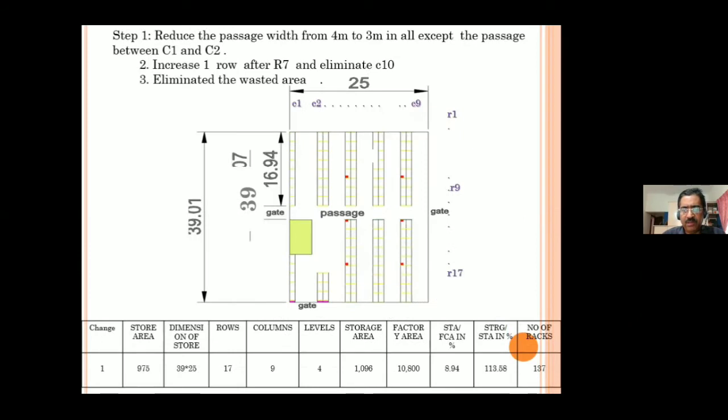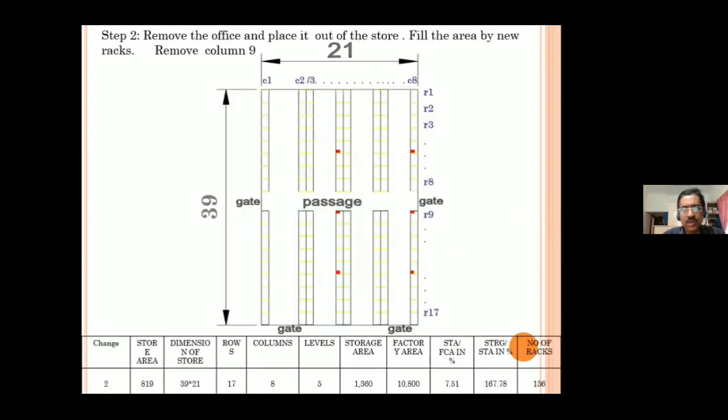Next one you find is the next step. Okay, once this step stabilizes, you go to the next step. What you do now is you remove the store office from here. This area was occupying the store office. So you remove the store office from here, move it to outside the store. Okay. And then you fill this gap. Okay. So that your 20% material can be stored very easily. Okay. Because now you have got